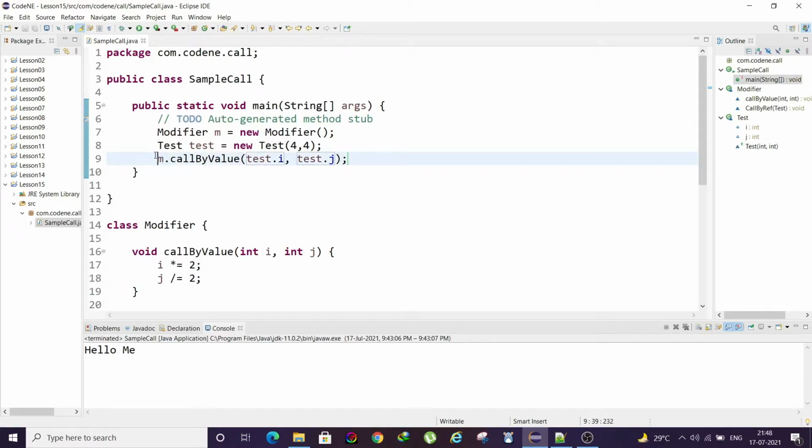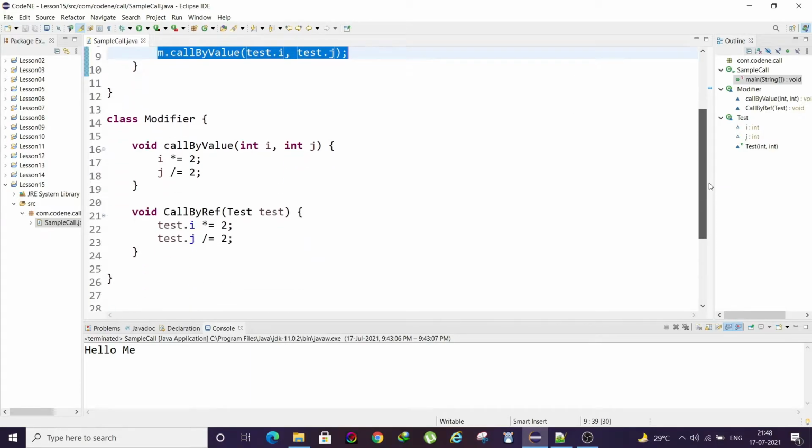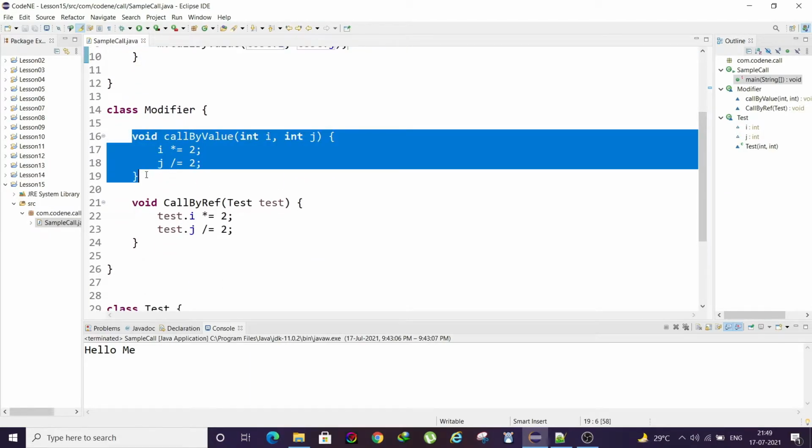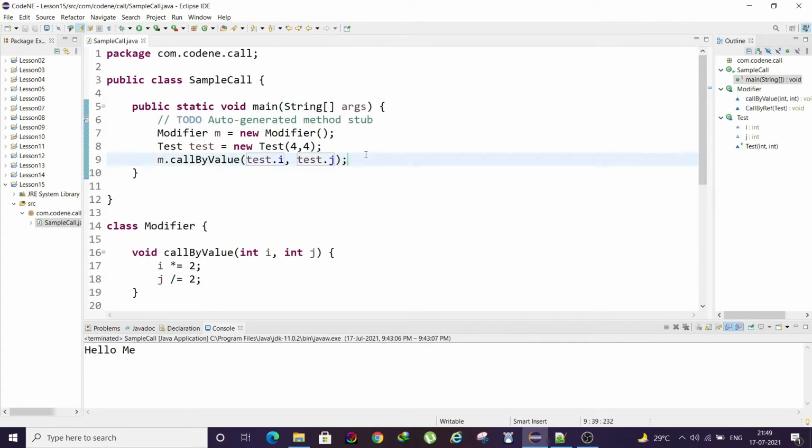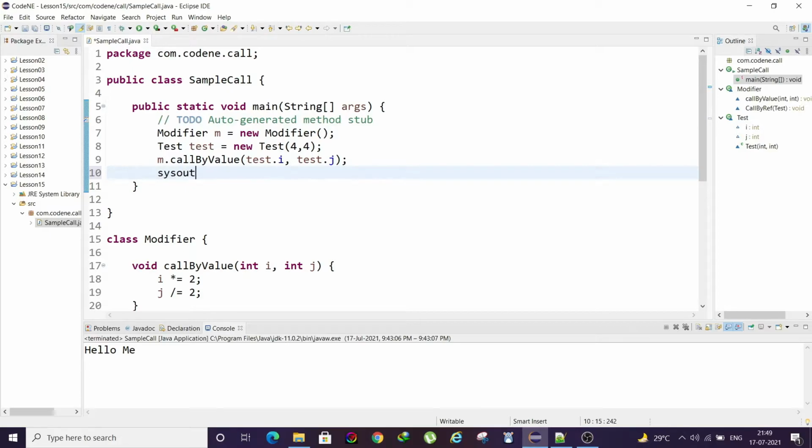Then I'm going to call m dot call by value. This modifier class and this method call by value, as I said, will multiply the value of i with 2 and divide the value of j with 2. As expected, we will just print this value.